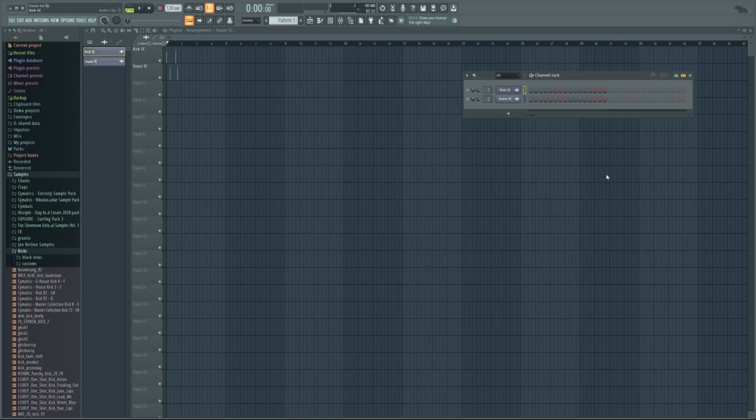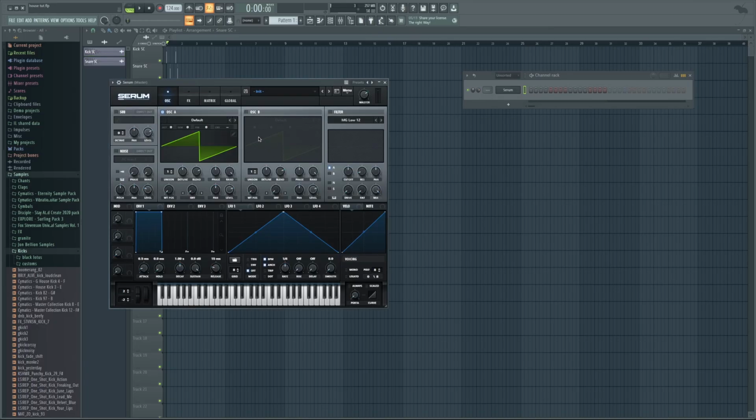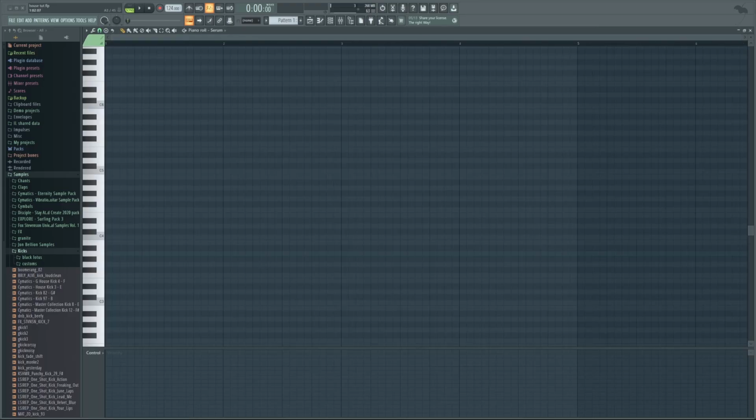So starting things off, I'm going to load up Serum. We're just going to get a basic patch going so I can lay out chords. And that's always how I tend to start my tracks, and I'll go over how I do that in case you're not sure. Now the way I like to begin when I'm doing chords is get a bass line going,